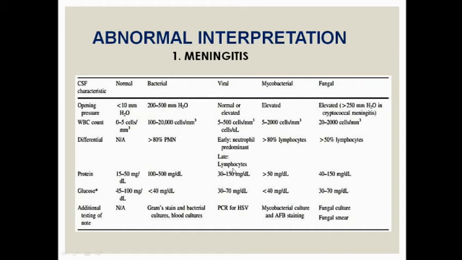If it is lymphocytes that are predominant on your microscopic examination or the differential count examination, it's going to be viral, that is going to be the late onset or late phase of the meningitis. Look at the protein, it's going to be between 30 to 150 and glucose somewhere between 30 to 70. And further confirmation of viral meningitis requires an additional test called polymerase chain reaction. Viral meningitis is mainly caused by herpes simplex virus most commonly. This HSV confirmation requires another additional testing called PCR, polymerase chain reaction, which we have already discussed in the earlier classes.